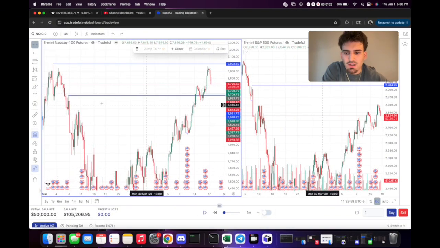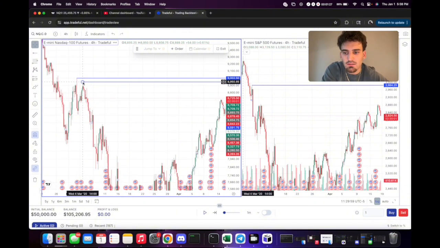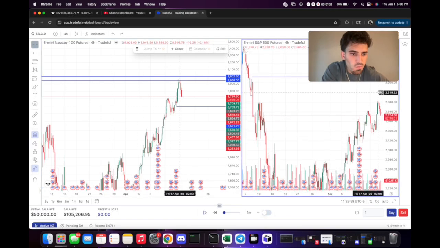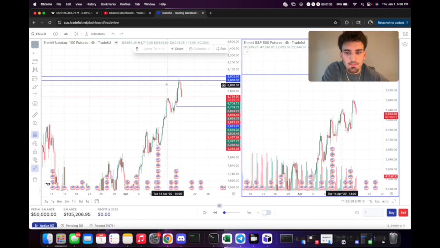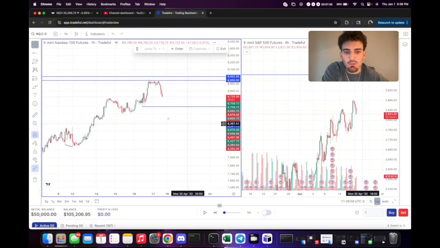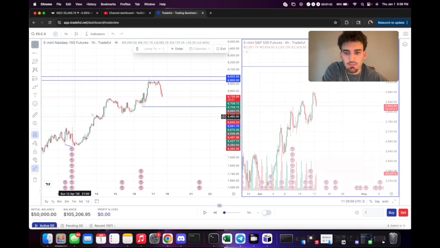Didn't have an instant reaction as soon as we swept it. So now I'm just looking at this high here. This is the high that we had the reaction off of. So we do have an SMT at the highs. We're clearly displacing lower. Now I'm going from the 4-hour time frame down to the 1-hour time frame,